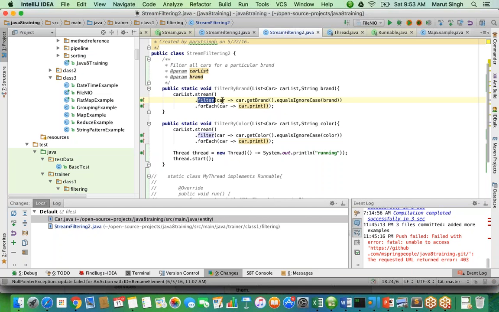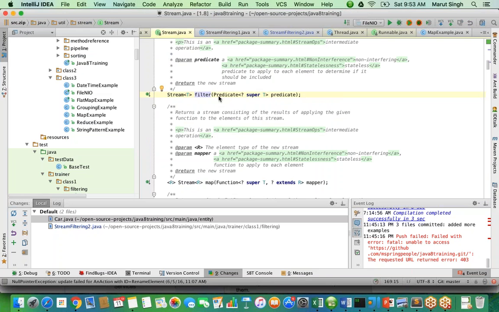So I will provide that condition in the form of a function. That function is basically nothing but a predicate. So that function is defined in the predicate. Now, predicate is a functional interface. We discussed that a functional interface is an interface which has only one abstract method. Predicate is one of the four major interfaces. One is predicate, another one is supplier, one is consumer, and the fourth one is function. So these are the